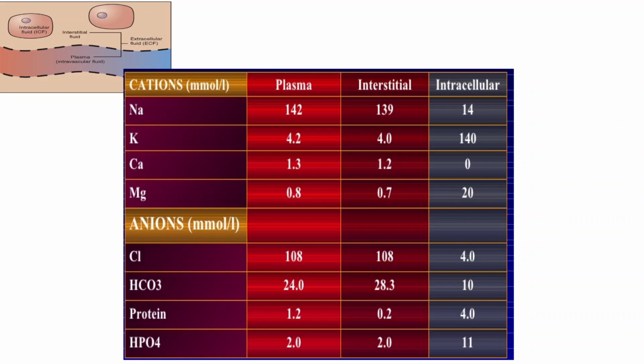So the maintenance of the water in these specific compartments is always related to the electrolytes, and hence whenever we speak of fluid and water balance, we speak of water as well as electrolytes. It's not water alone. Water is dependent upon the electrolytes. Mainly, the most important ions necessary for fluid and electrolyte balance are sodium and potassium. Calcium and magnesium also have a role, but their role is something more than that. But the most important are sodium and potassium.